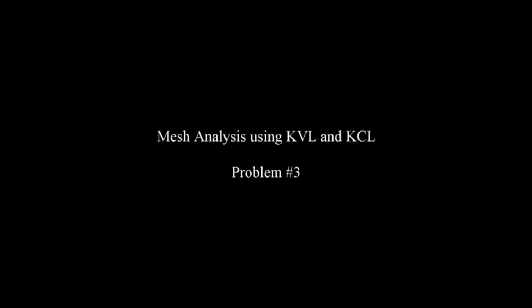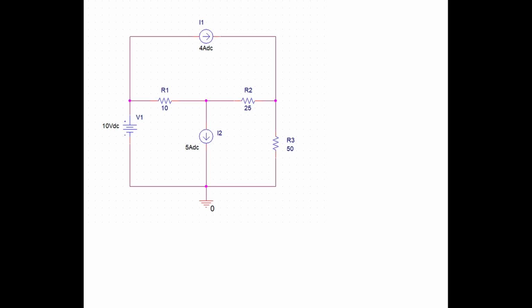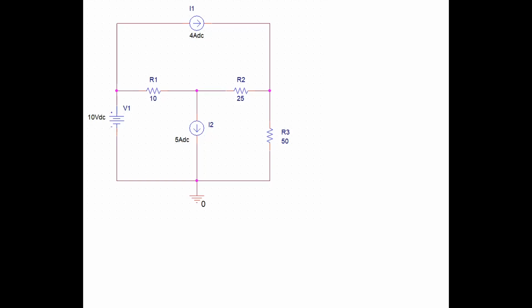This is the third problem in the mesh analysis using KVL and KCL series, and this is our problem. We have two current sources and one voltage source. We have a 10-volt source on the left, a 4-amp current source on top, and a 5-amp current source down the middle. So we're going to solve this in the same way that we normally do by drawing the mesh